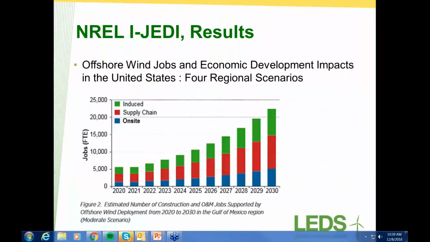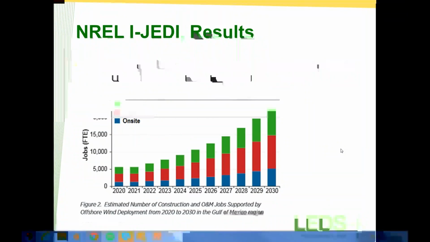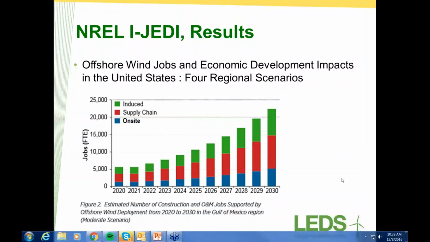This is my final slide. What we did at NREL, just as a final example, we looked at the potential impact of the deployment of offshore wind systems on the coast of the U.S. We divided the U.S. into 4 regions, and what you see on your screen are the results for the Gulf region. This is just one way of expressing the results, and this is just a small portion of all the results we got. But what I wanted to show you is how we use the tool to look at